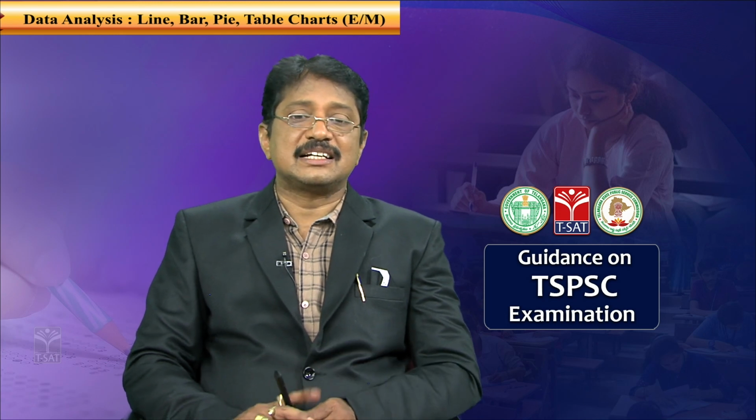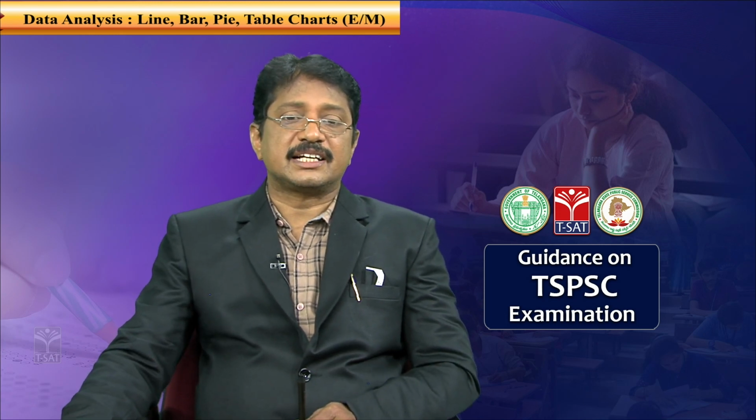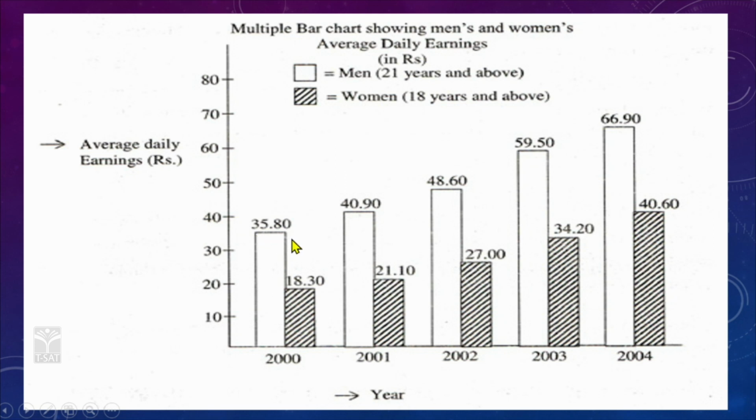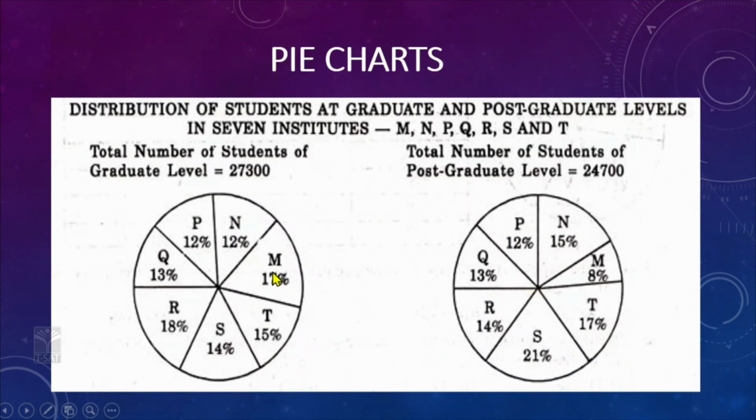Here the rectangles are very clear. The rectangle's width represents the size of the class, and the length represents the frequency of the class. That is the most important. Okay. Now we will see the next one, pie charts.